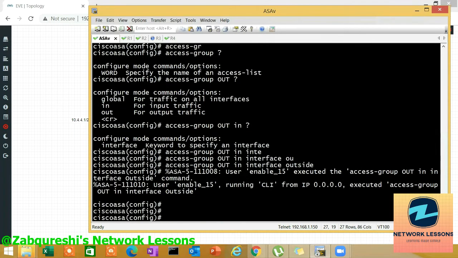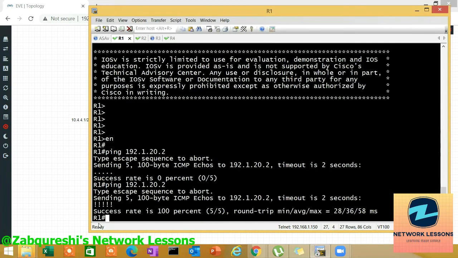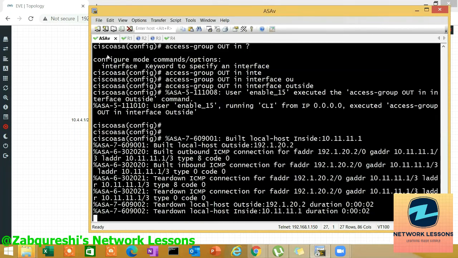Okay, hit enter. And now let's try the same ICMP, the ping. Now this time it will be successful. Why? If you see here, you will see the ICMP. And why it's getting torn down is